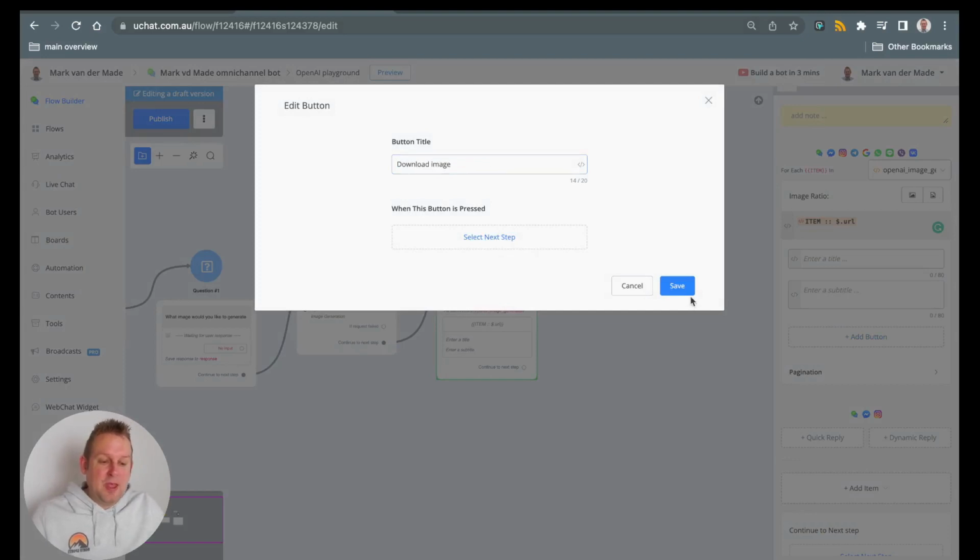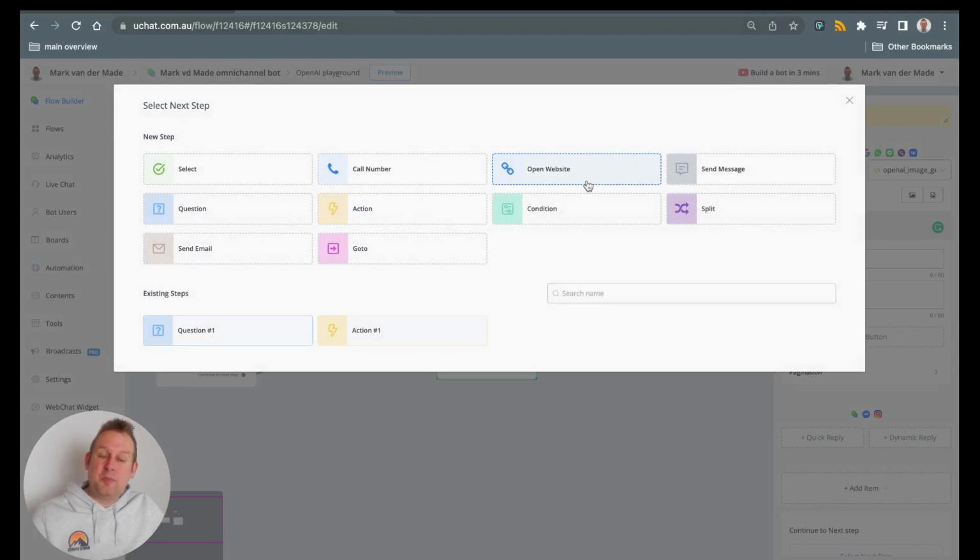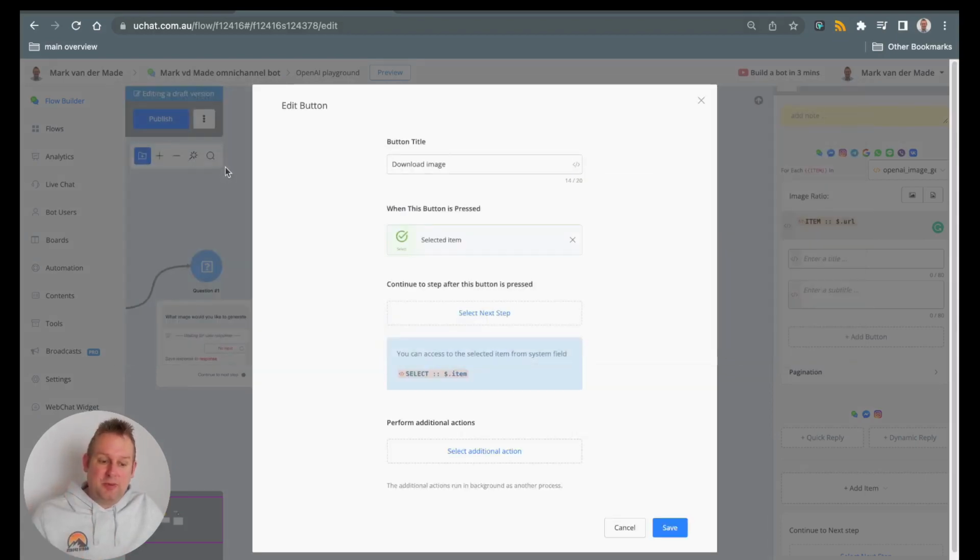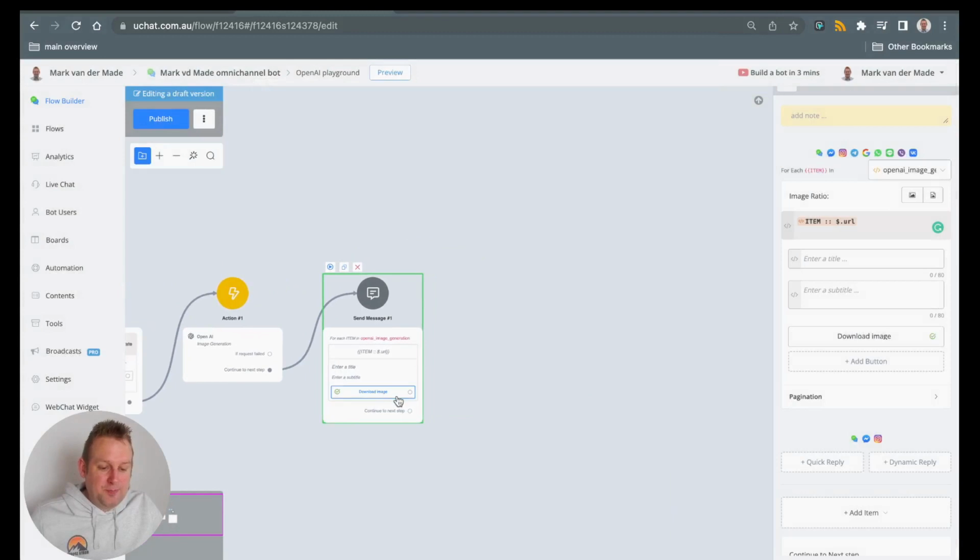There we go. The next step is really important though, because if we select the next step, it will not be open website, but it will be to have the select enabled. This means that we are going to save the user's choice of the selected image. And from there, we will be able to give them the correct URL towards that image. So the next step of this button will be